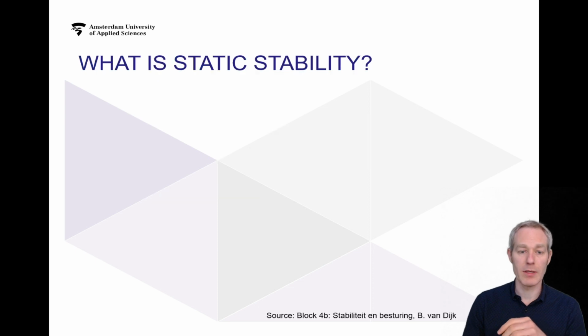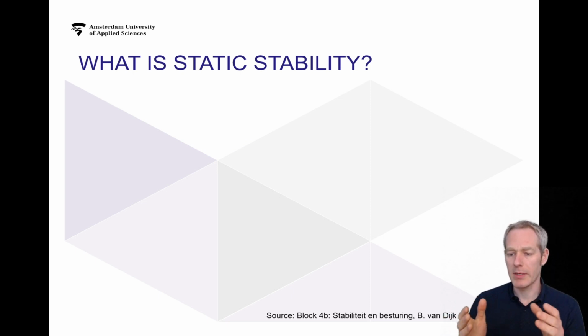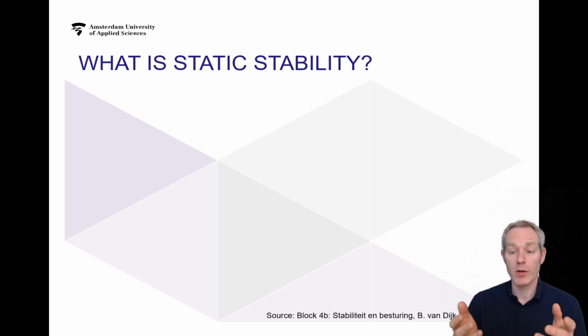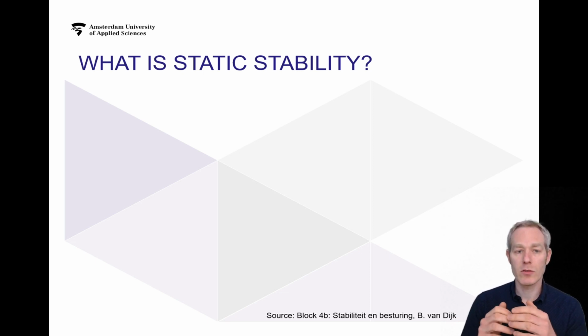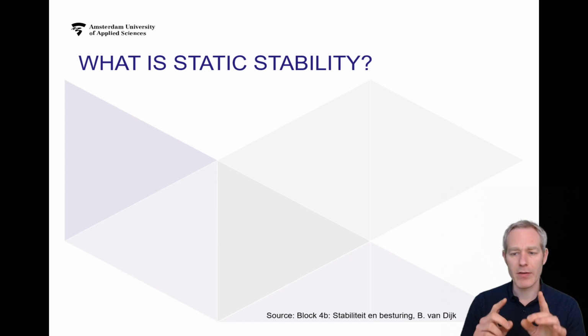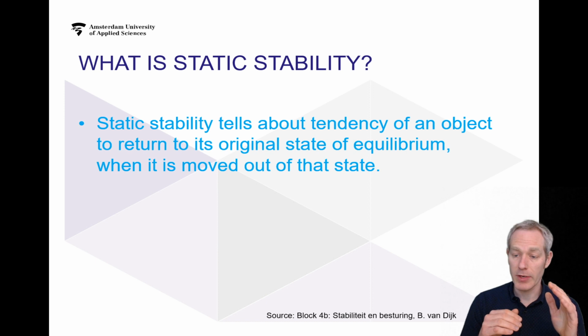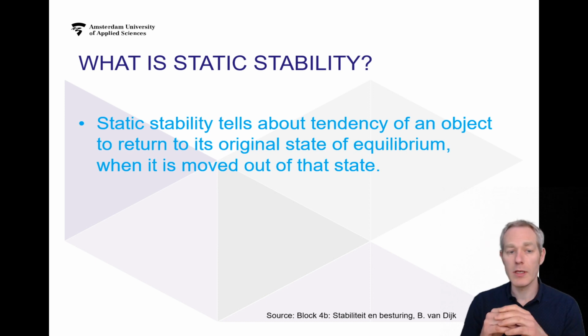One of the prime examples, and we'll show that in a minute, is if you have a ball in the center and you perturb it, if you disturb it, it will slowly go back to the equilibrium position. And this is also something that we want in aircraft. But static stability is a very specific form of stability. It is the property of the system, when it is displaced in a certain direction, to return to the original